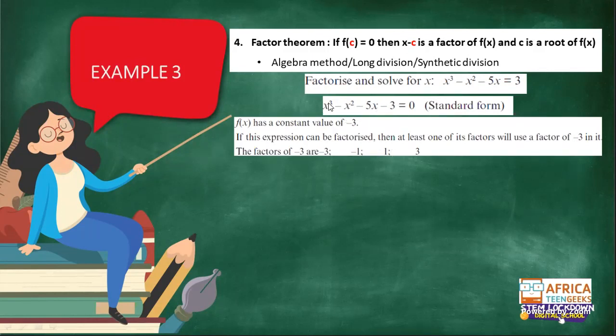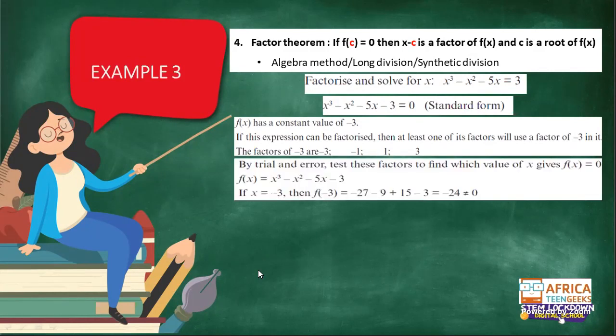So you check with 1. What happens when you substitute 1 in the equation? Do you get 0? If you don't get 0, then it's not a factor. If you get 0, then that value is a factor, or a root. So, for example, in this case, if you substitute -3 in your original function, your final answer is -24. So this means that x plus 3 is not a factor, or x equals -3 is not a root. Then you try another number.